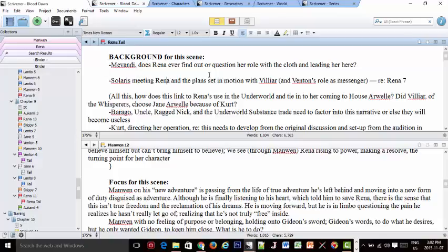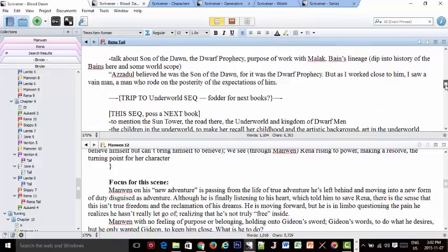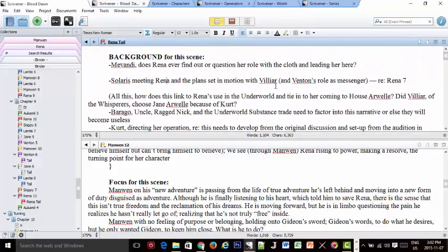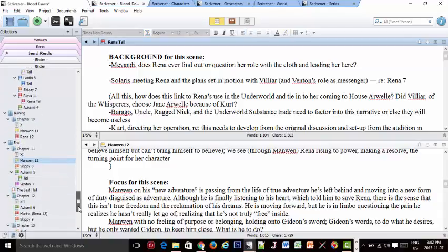So what do I end up with? I end up with this giant thing at the end of the Rena chapter, right? This giant tail of notes. And it just made more sense for me to actually make the tail its own file. So you'll see here, I got Rena tail, and I tack it on to the last Rena chapter. Actually, I just haven't updated this, but this would be the last Rena chapter, so really it should move here.